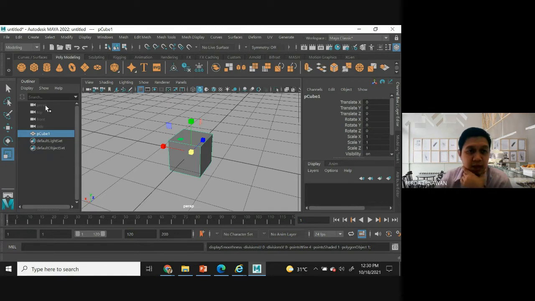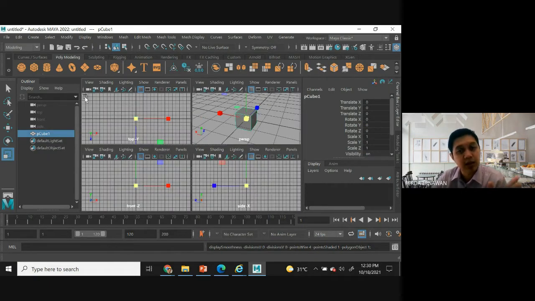We have a perspective camera. This is our perspective camera now. We have a top, a front, and a side. If you want to see them, you can press the space button like this. You can see 4 views, different angles.